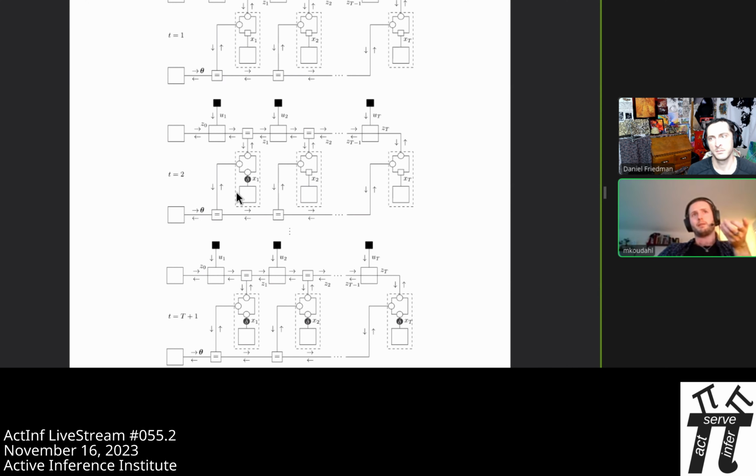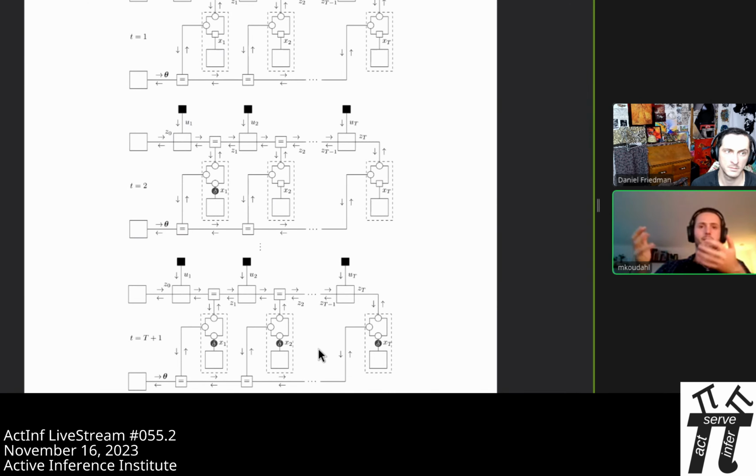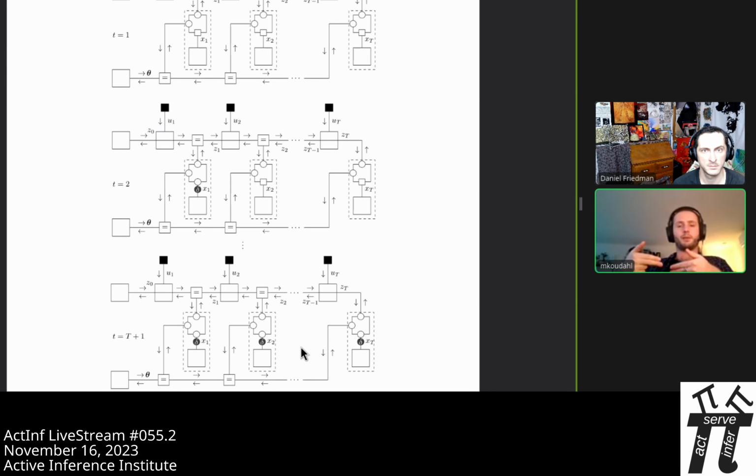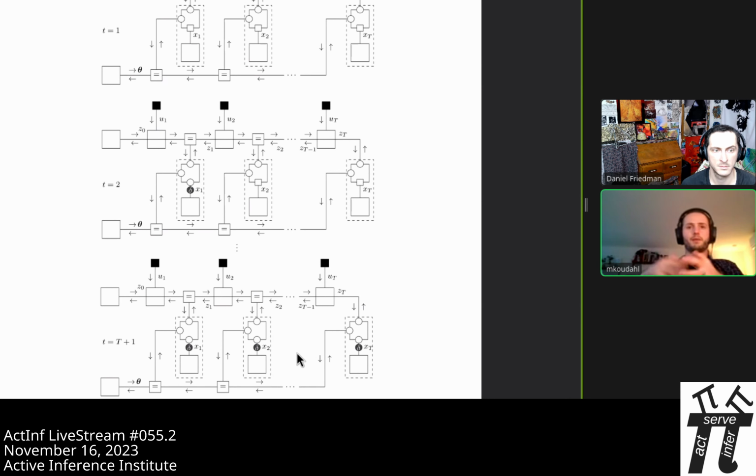Now, what is nice about this is that it also allows you to talk about doing different things at different times. So one thing that we, for instance, looked at is, once we have all the data, should we do our parameter updates then? Because you can imagine a situation where you run an episode of something, like a psychophysics experiment, and your participant runs an entire episode, and then you expect them to update their beliefs about, say, some parameters for what occurs where. You can model that by saying, once all my observations are clamped, then I send messages towards my parameters, like my thetas down here.